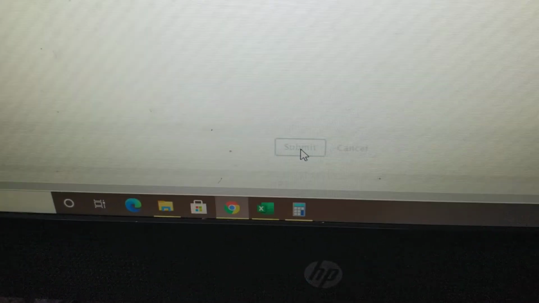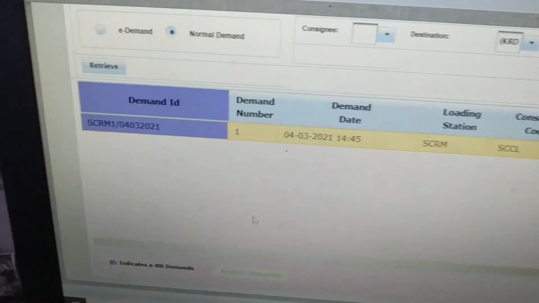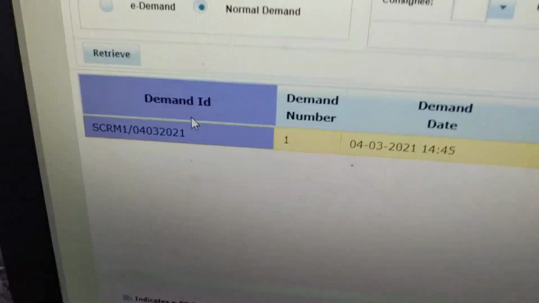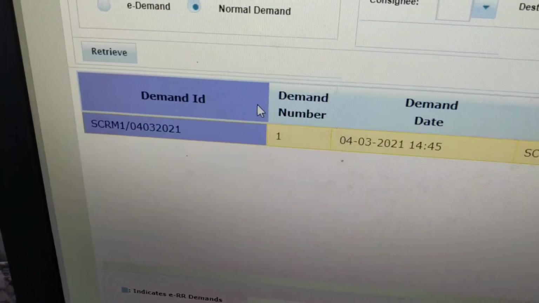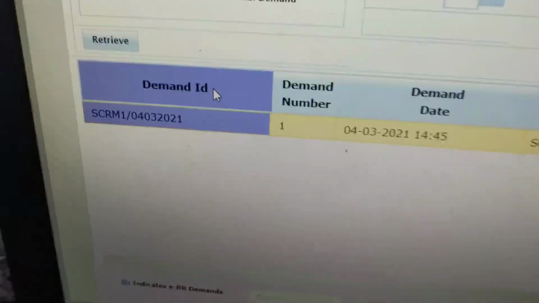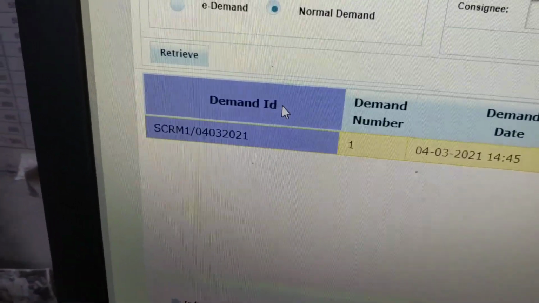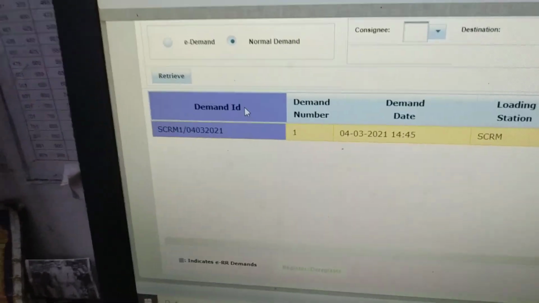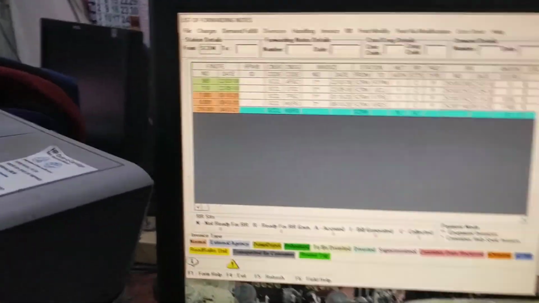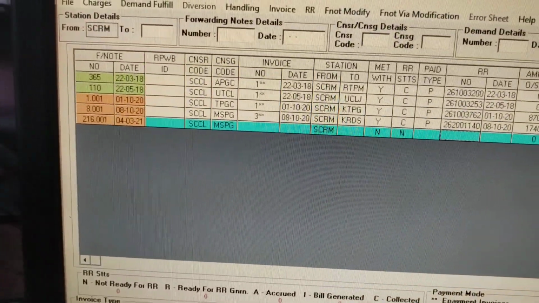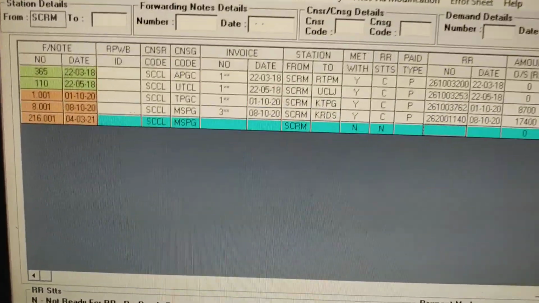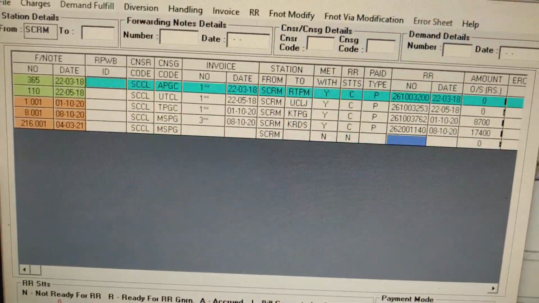Now look here, the color coding of the demand has changed from sky blue to blue. Similarly, once we go and look at the TMS outward list of forwarding notes screen, I am refreshing the screen.